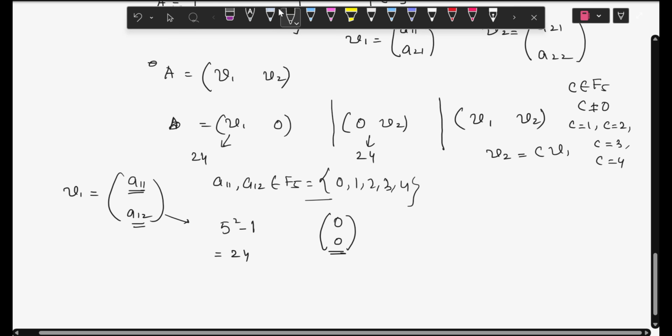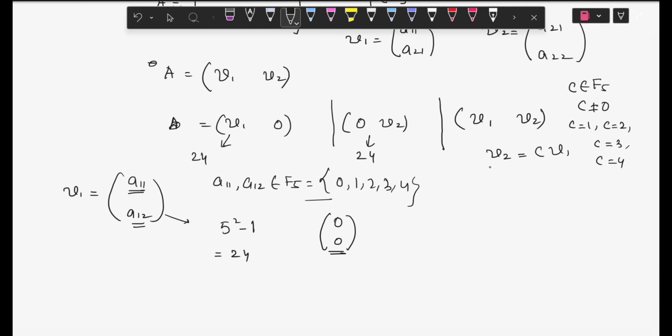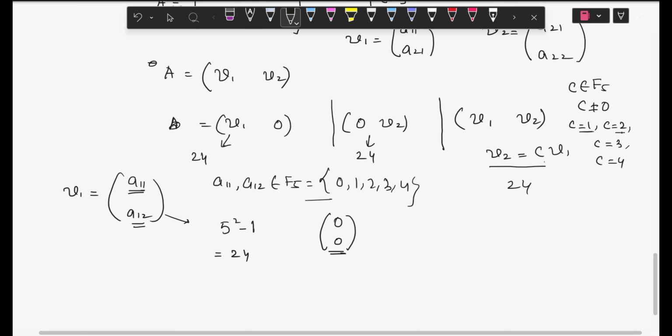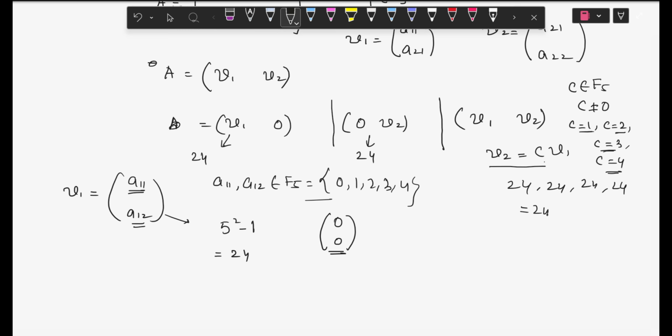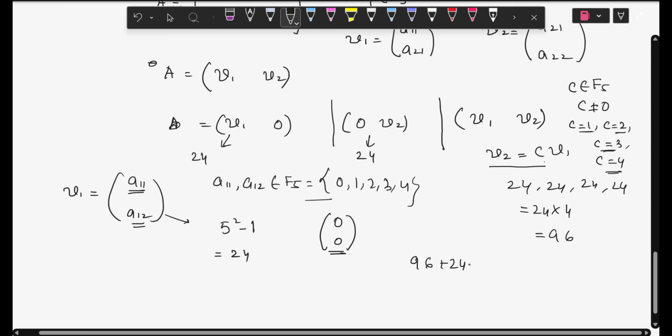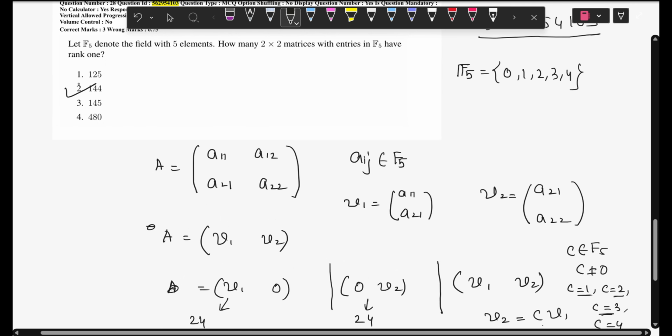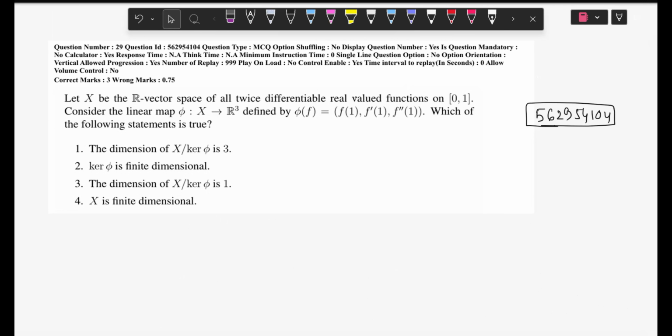choices of A where rank of A is 1। Now in this case let's see, for c equals to 1 we have 24, for c is equal to 2 we have 24, for c is equal to 3 we have 24, for c is equal to 4 we have 24। So 24 into 4, so there are 96 choices। So total how many choices of A? 96 plus 24 plus 24, that gives you 144। So there are total 144 choices of A। Now let's see what is the correct option, 144, which is our option B।